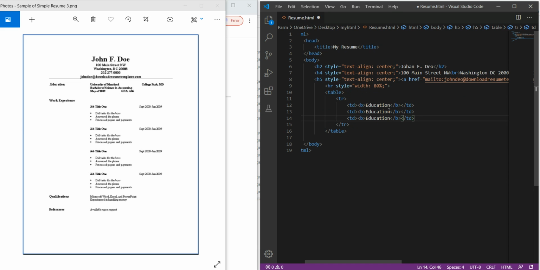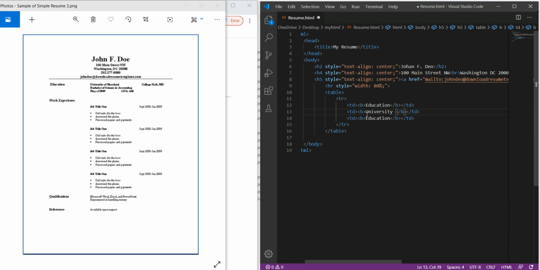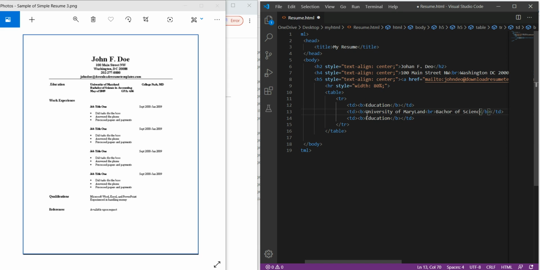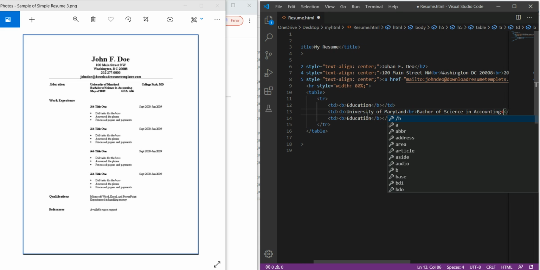here, and here we have to type the value University of Maryland, and there is a break in the line, and here we have to type Bachelor of Science in Accounting, and there is another break in the line,